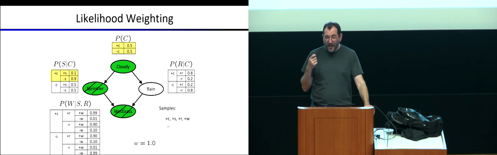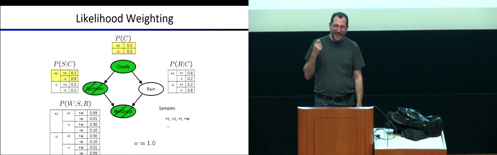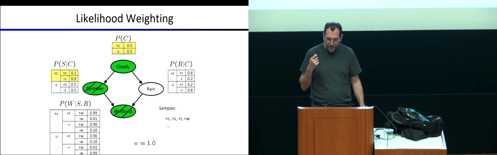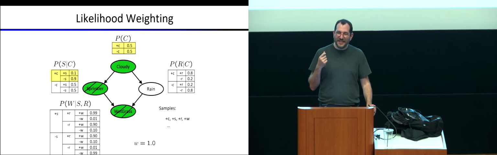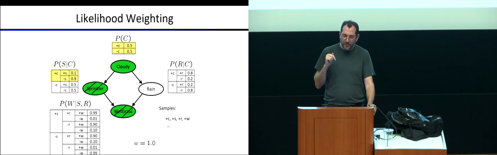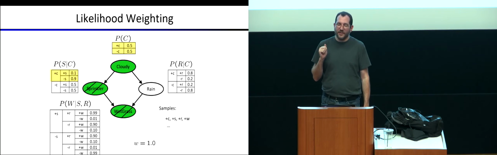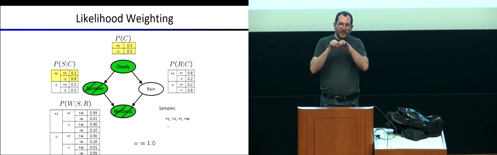But I know that if I got to this point again and again and again, how likely would I be to get the evidence of plus S? Well, basically 10% of the time that I get to this point, the next node that I sample, when I sample sprinkler, it will come out matching the evidence. So for every 10 samples that get here, 9 of them are going to get rejected. But 1 will survive. And that means, sort of, if you imagine we split into some